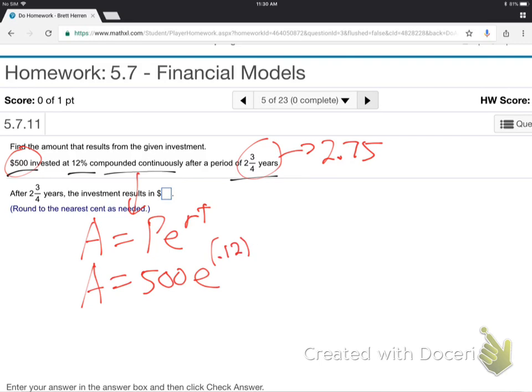All right, let's put in 0.12. The time is 2.75. Hit the buttons on the calculator. 500 times